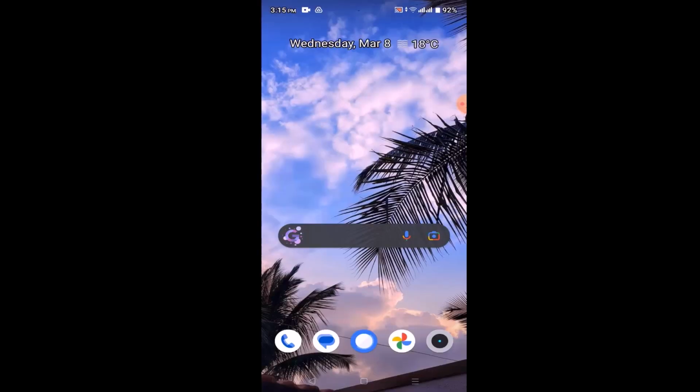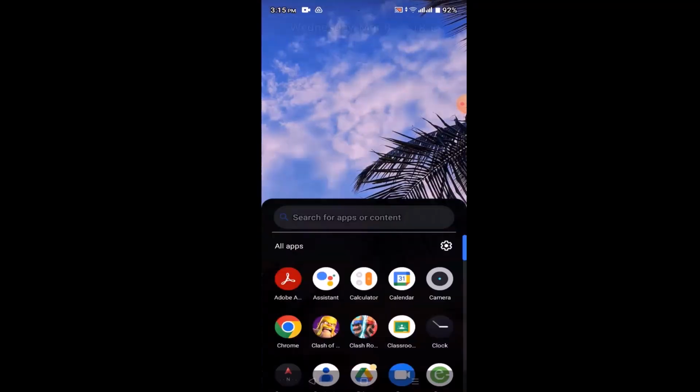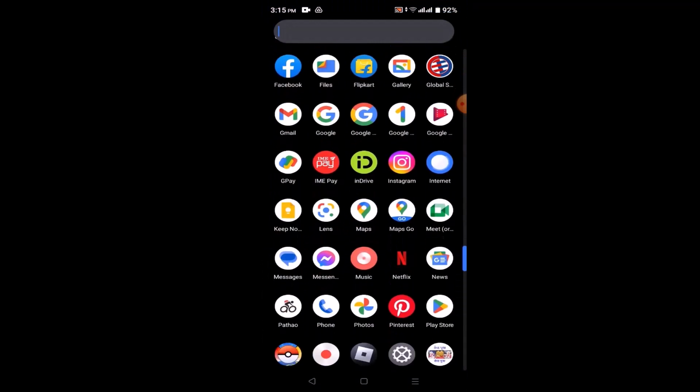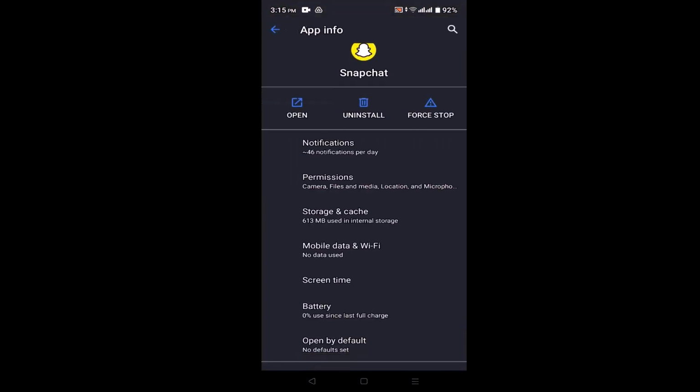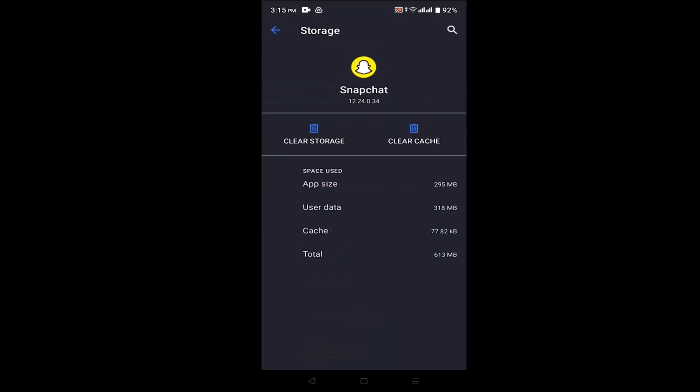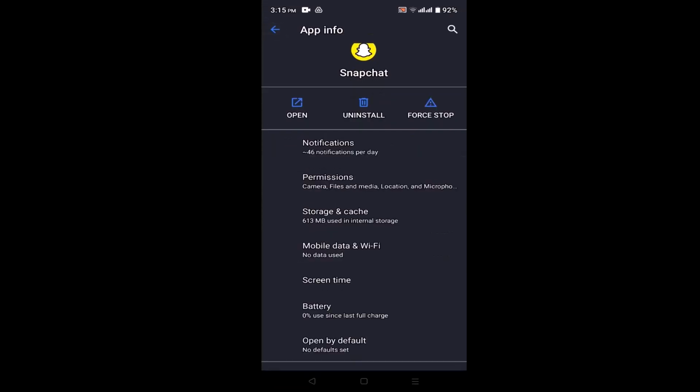If updating the application does not help, then you can simply long press on your Snapchat application and then click on app info. Once you click on app info, you need to click on storage and cache. Once you do that, click on clear cache and data, and after that you need to log in to your account again. On the app info page, you also need to click on permissions, and you need to make sure